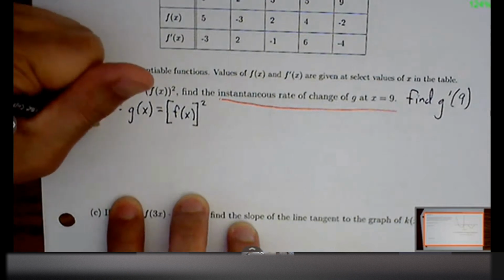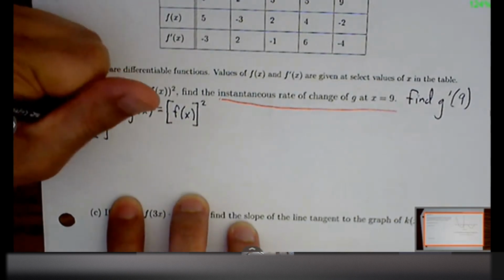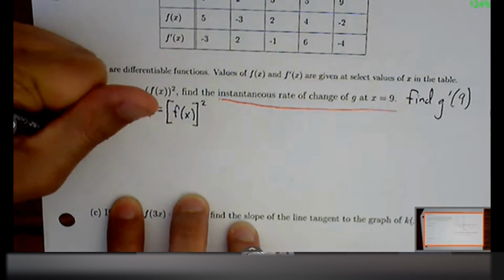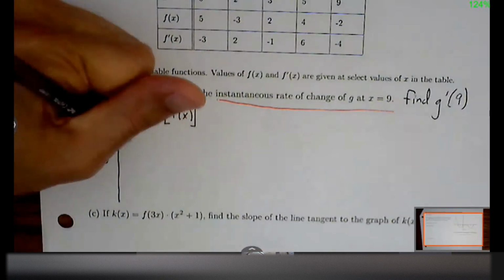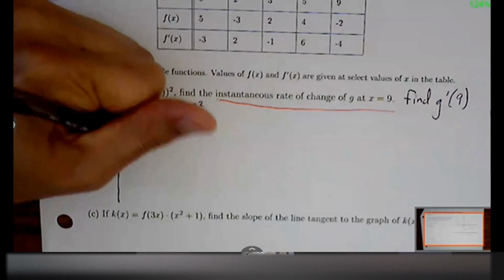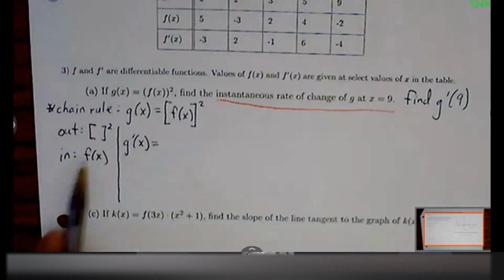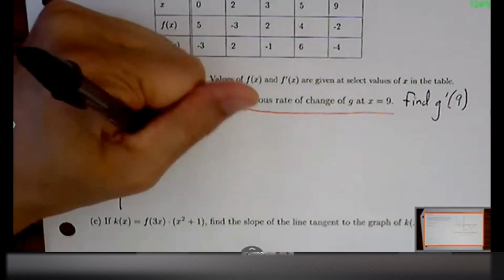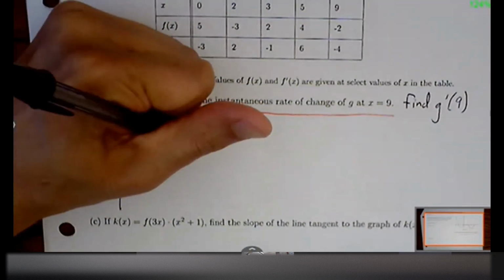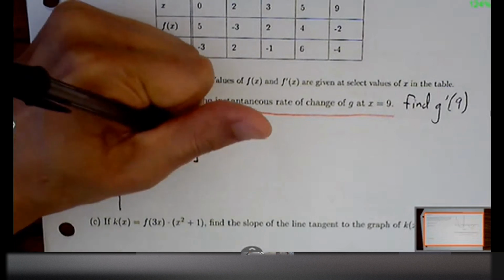Okay, so my outer portion is that bracket squared. My inner portion is that f of x. And we're just going to take turns with each derivative. All right, so first things first, that bracket squared. What's bracket squared's derivative? 2 brackets. Yeah, 2. It's like power rule, right? If it's x squared, you'll say 2x to the first power. If it's bracket squared, you'll say 2 bracket to the first power. We're just treating that bracket like it's its own variable.